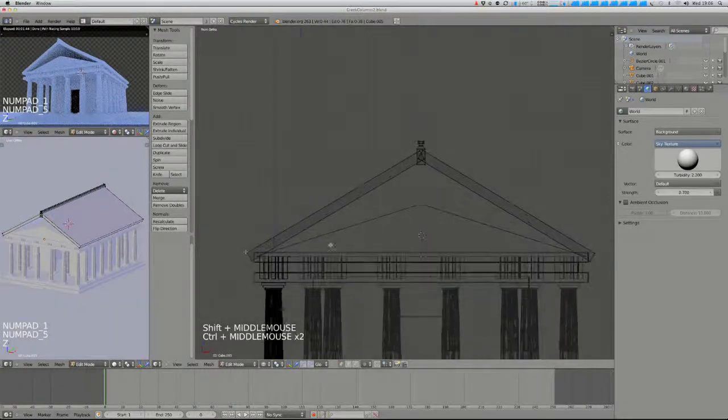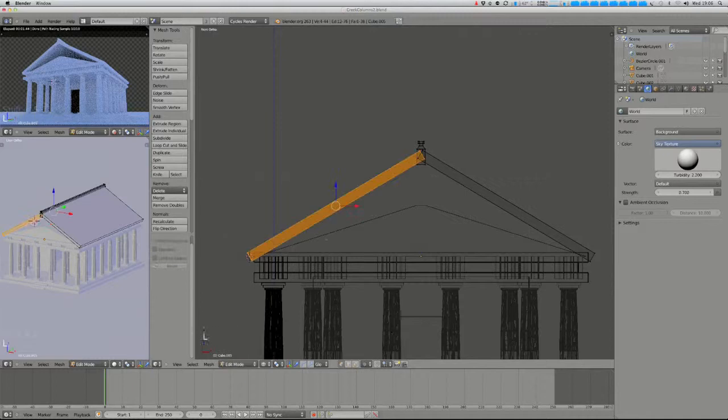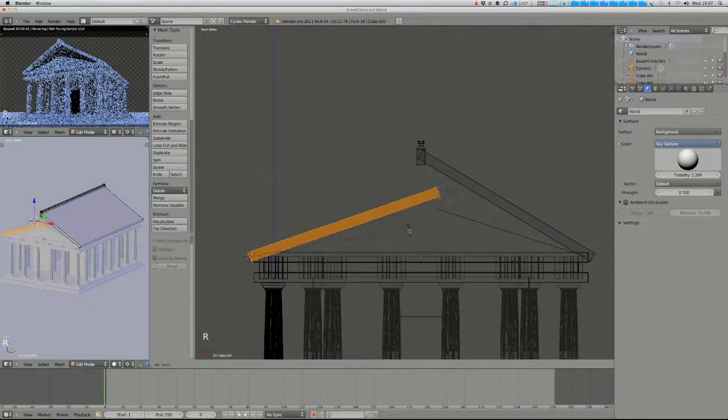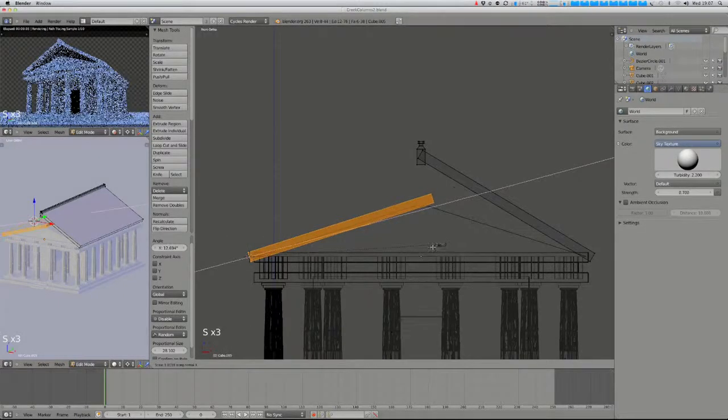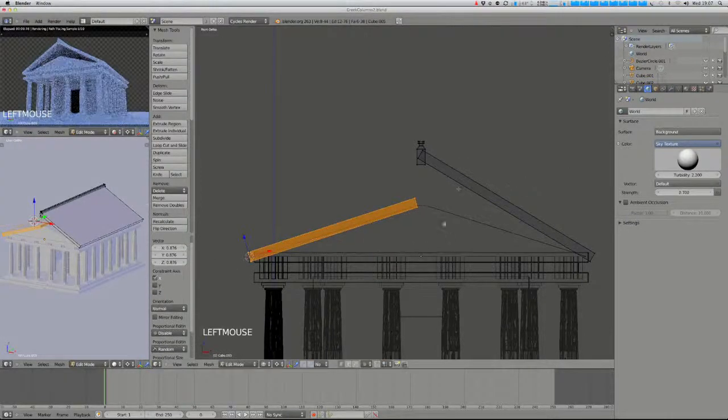And then these parts, if I select cursor to selected and just put my cursor at the end of the roof, I can then set my pivot point to 3D cursor, just rotate that down, and then hopefully if I set my orientation to normal, I can also scale that down slightly,